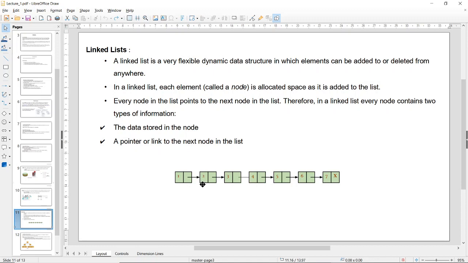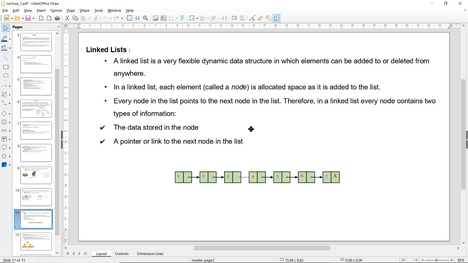So what happens is we have some value. Now this value is connected to another value by means of the address of this second value. Okay, so one is connected directly to the address of the value 2, 2 is connected directly to the address of the value 3. Okay, so the address of value 3 is stored beside 2, right?